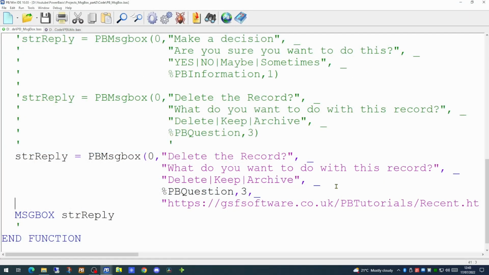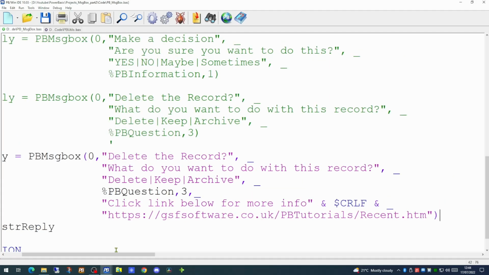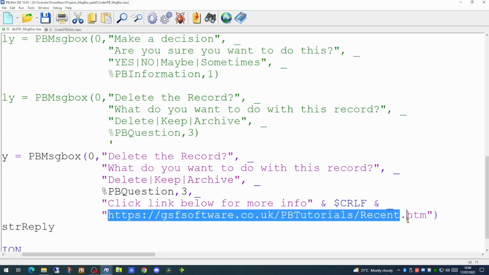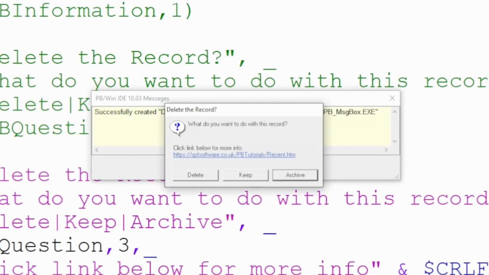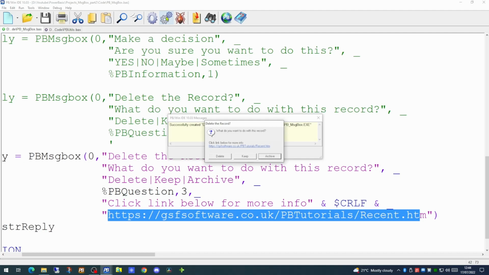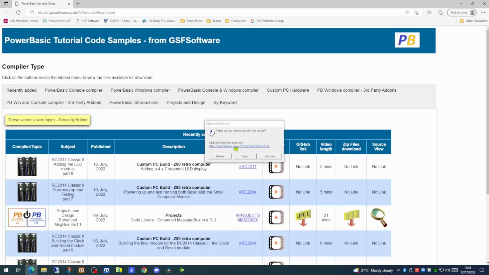So can we add a piece of text to the beginning of the URL string and have that appear as plain text on our dialog? So we have now added a piece of plain text before the URL itself. Click link below for more information. We've added a control line feed at the end of that and followed by the URL itself. So let's try running that code now. So indeed it does. The option to auto-detect a URL has actually worked. We have the text appearing above the URL, and the URL, should we click on it, will launch the web page.